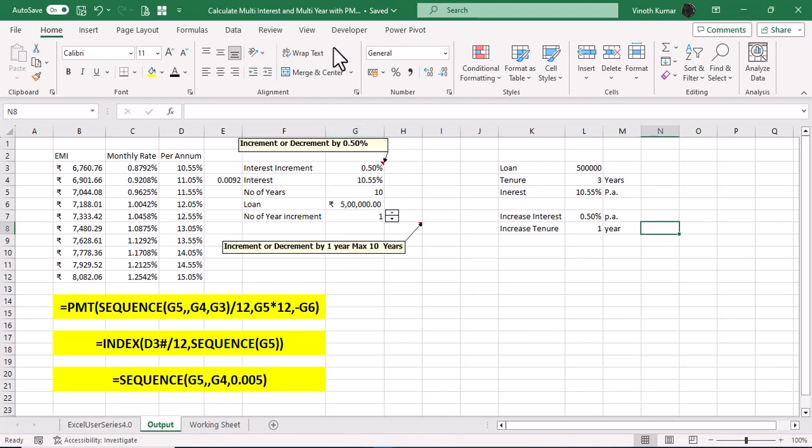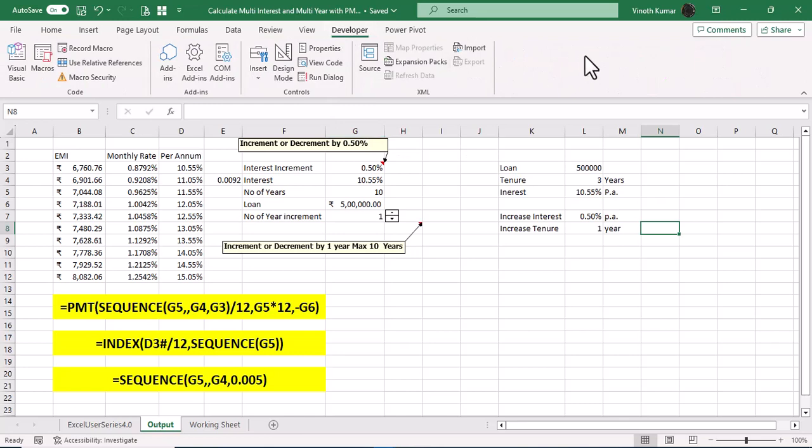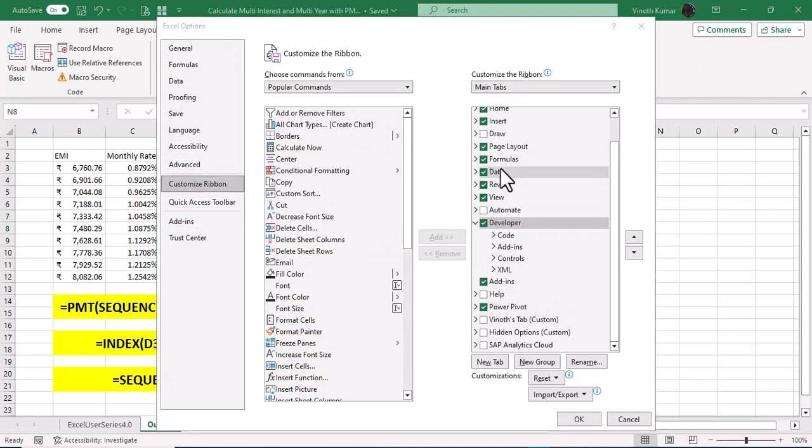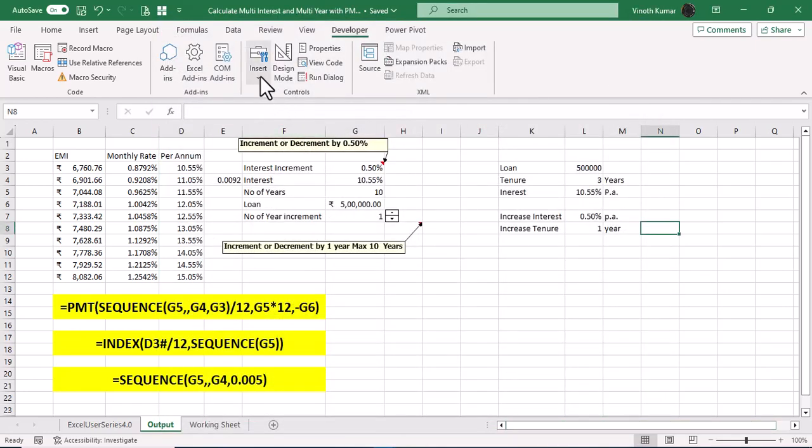I'll go back to my developer tab. If you don't have one, give a right click on any of the ribbon above, go to customize ribbon, and then activate or checkbox the developer tab here. Automatically you'll get the developer tab in your system. Once you get the developer tab, go back to your insert. Again, you cannot use a spin button